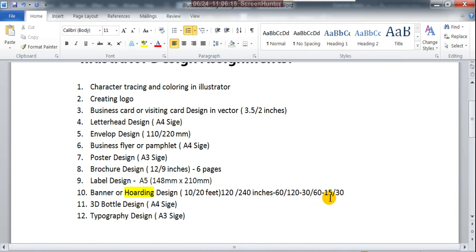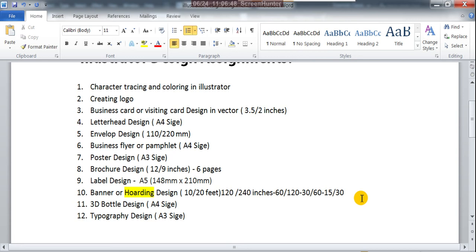Suppose this is one, two and three. So we reduced the file size three times from the actual size. We are keeping the resolution 300, but because we reduced three times, 300 plus 300, 600, we can make the resolution in Photoshop.